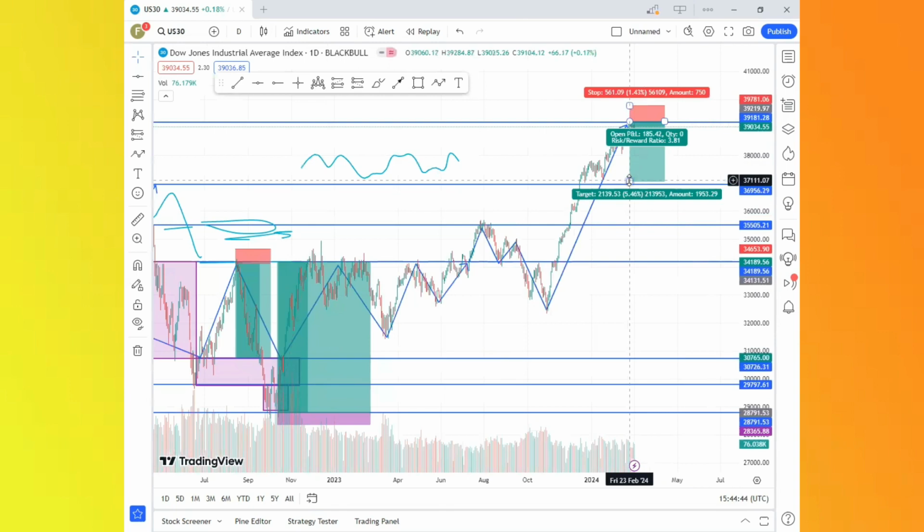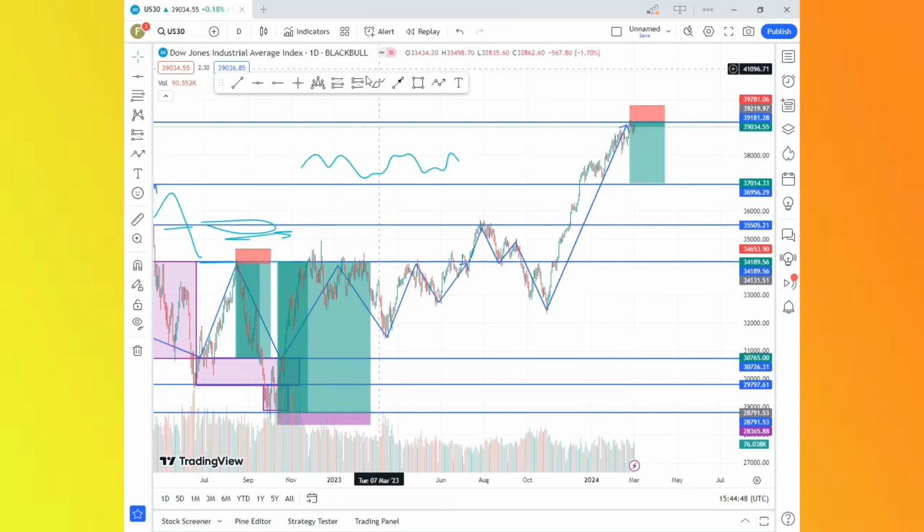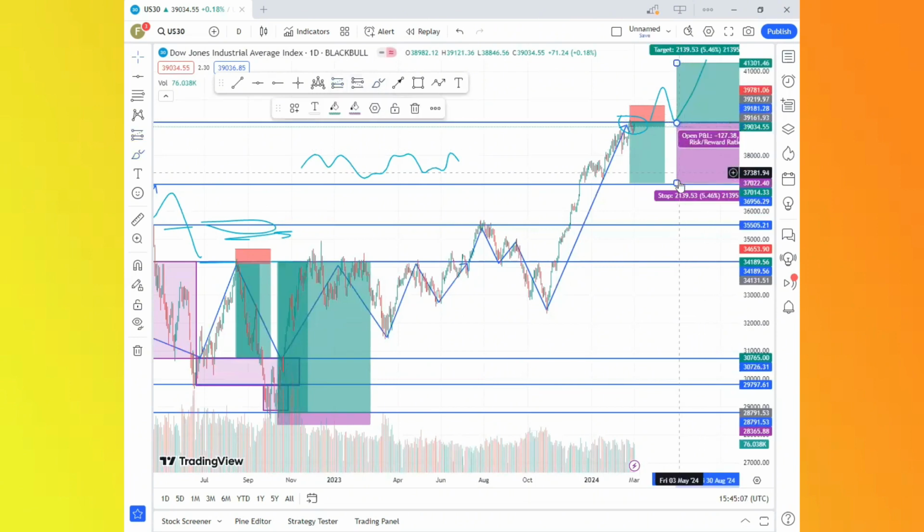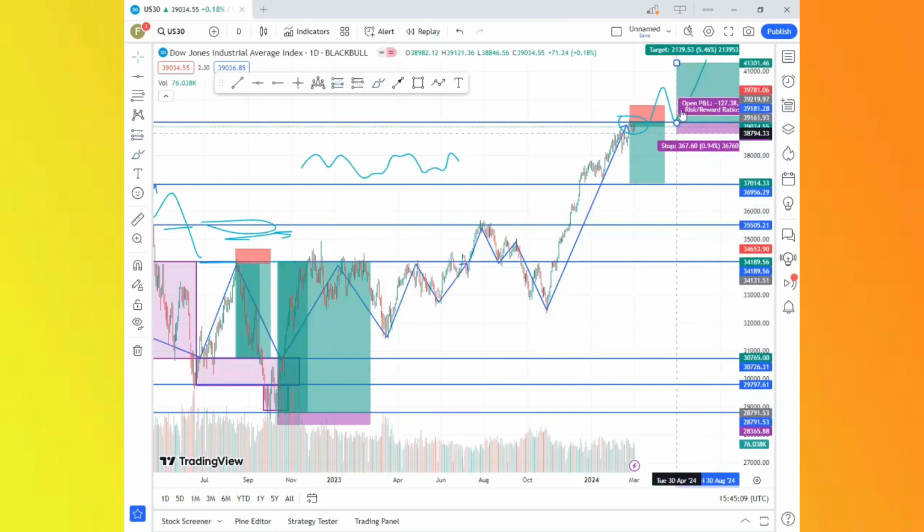Because I can clearly see that from this level here we have a beautiful change of market structure, and the market hasn't broken up to the upside. However, if the market does break to the upside, we'll expect a retest at this level here before continuing to the upside